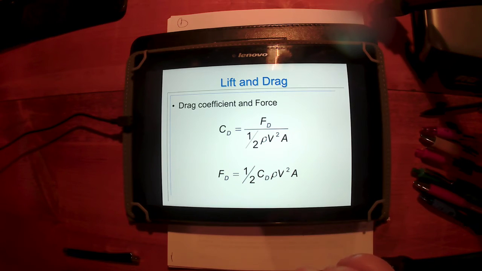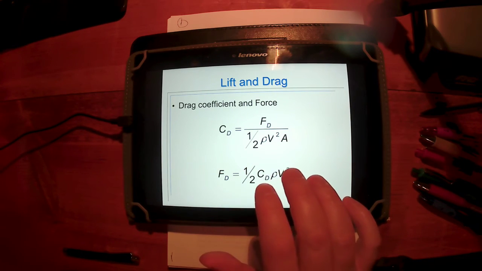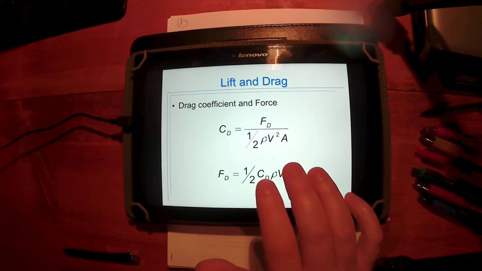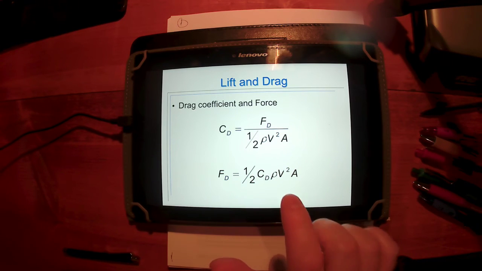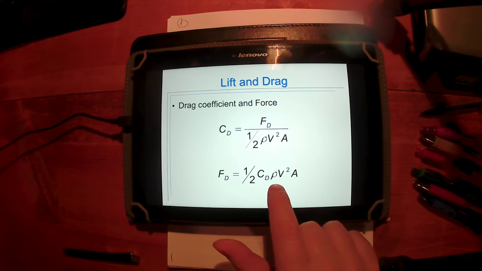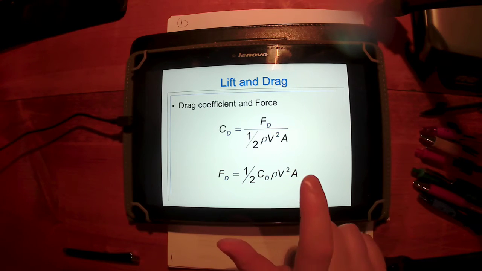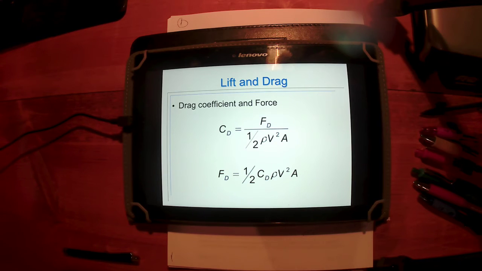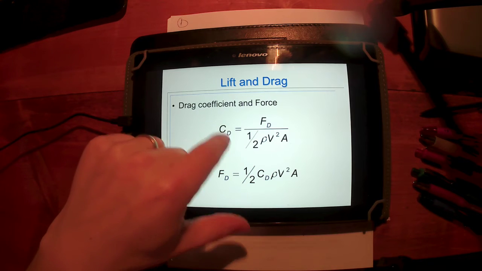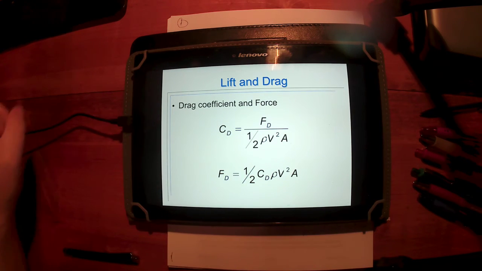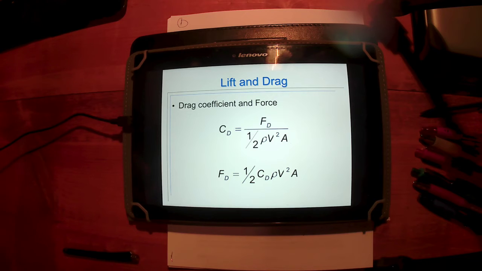How do we describe these? Well, the drag force, the model tells us, is 1/2 times the coefficient of drag times the density of the fluid, this is the density of the fluid flowing, times V squared, times the area, the front-facing or cross-sectional projected area, the area facing into the fluid. We can, equation-wise, just solve for the drag force, and that's what you get,